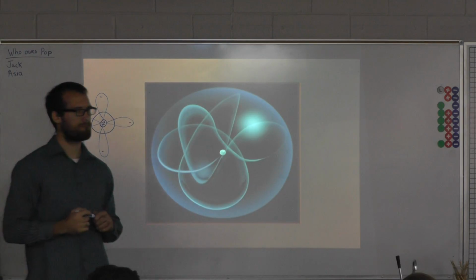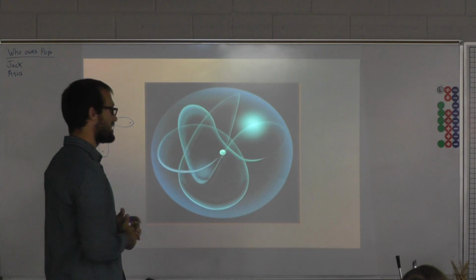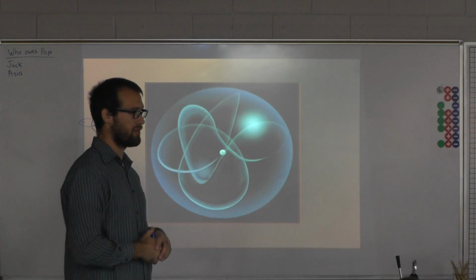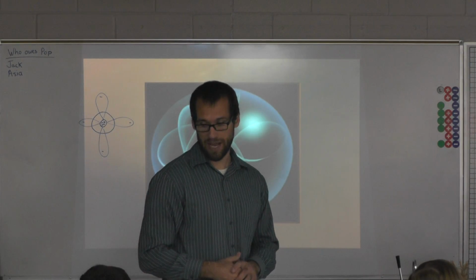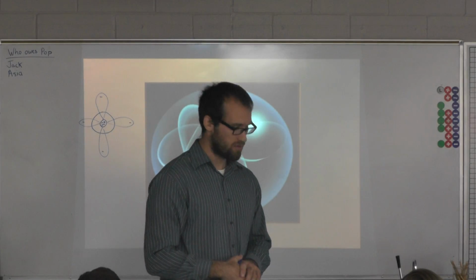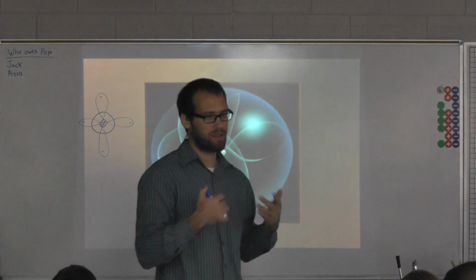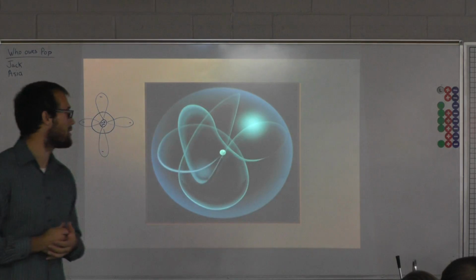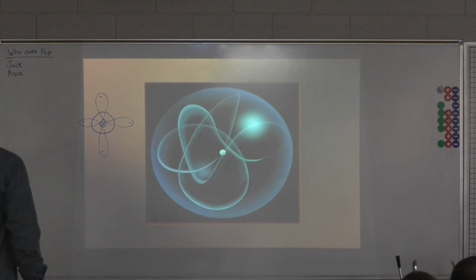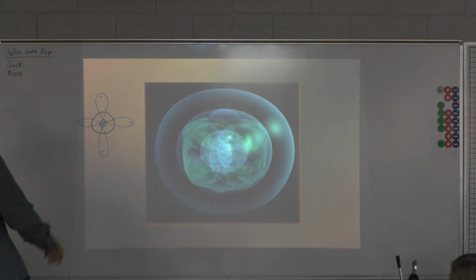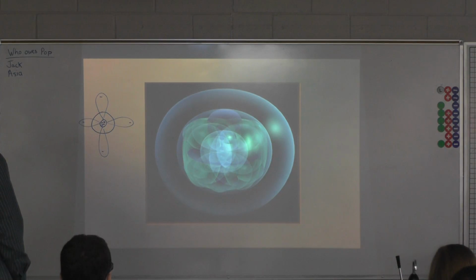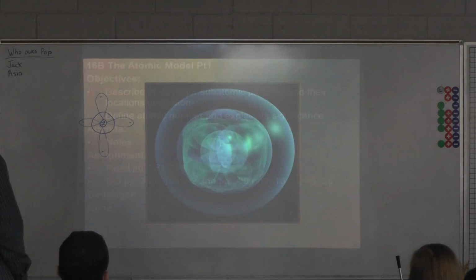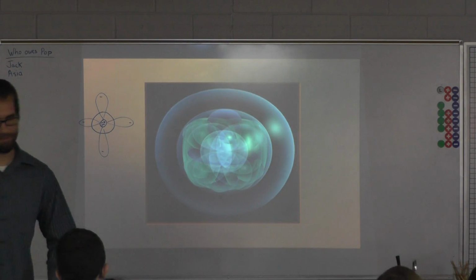What's that? Yeah. I'm only showing you 2 sublevels worth of orbitals in 1 energy level. I mean, you'd have to overlap 7 energy levels worth of many different sublevels. Okay, I'm just giving you an outline version of this. I think that is it. So that is what it would look like if you added them all together. And that's it. Yay! We're done, so perfect timing.